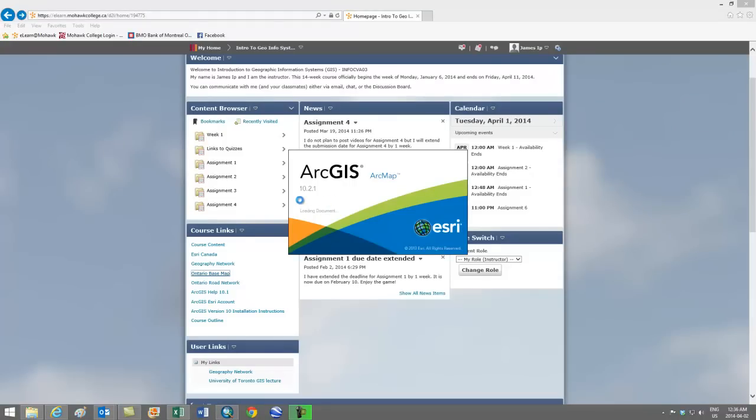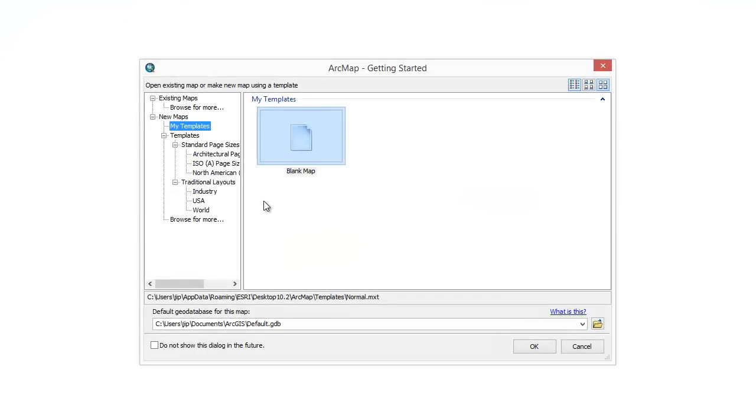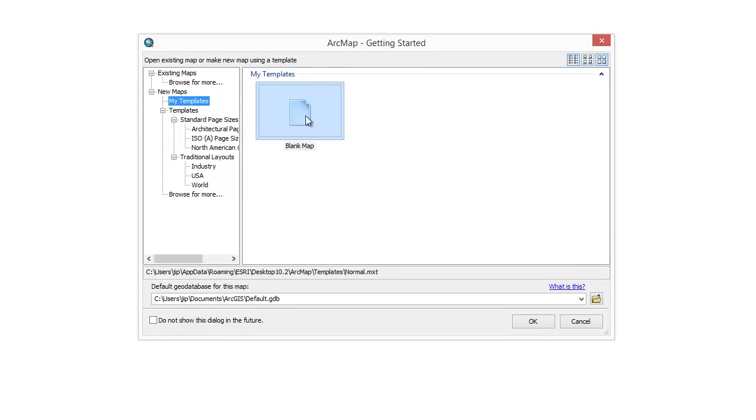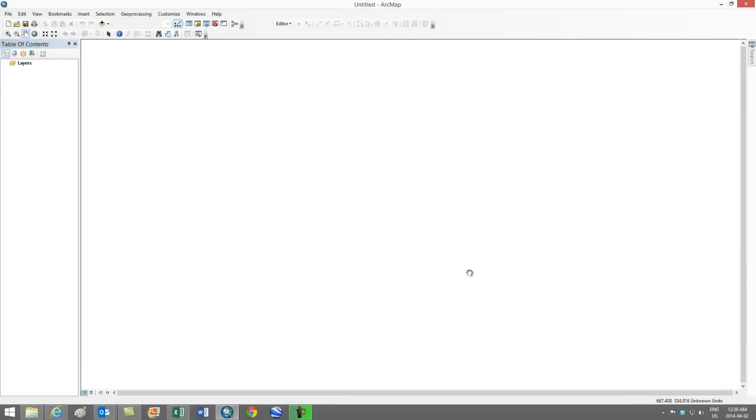For this, I've downloaded the latest one, at least at the time of this video, 10.2.1. So right now, we can just simply start with a blank map and click on OK. With this blank canvas, the first thing that we need to do is add some information. So add the data. If you recall, go to this button right here. If we click on this,